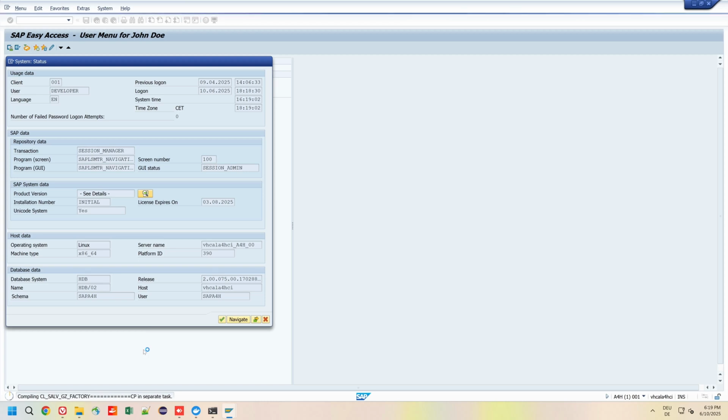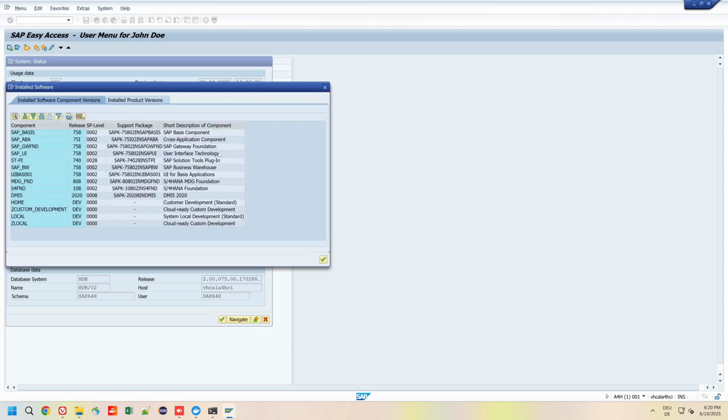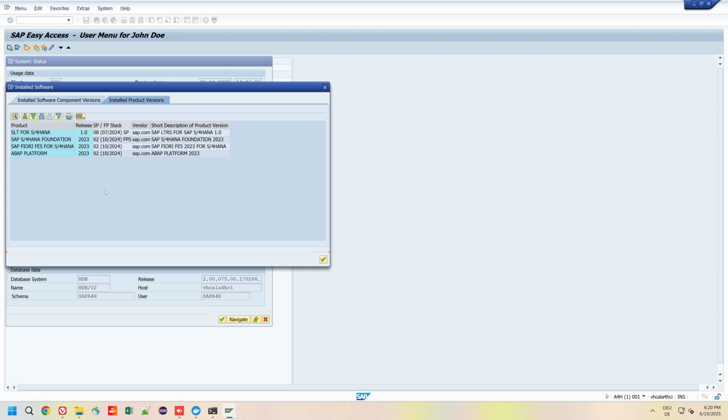Again, some compiling, but just after the first login. And we see the SAP Basis 758 Service Pack 2 and the installed product version, for example, SAP Fiori front-end server for S/4HANA 2023.